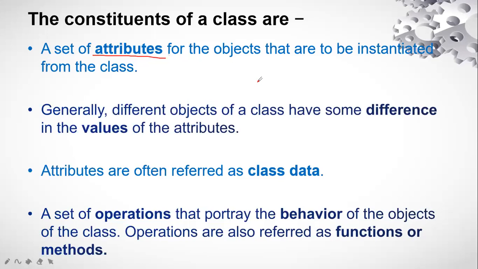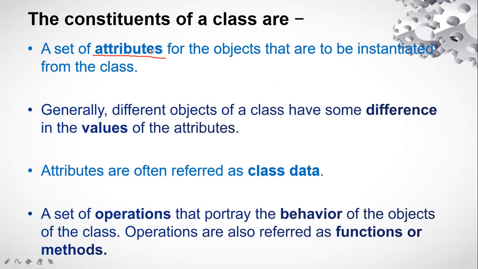So if I am talking about two fans, fan 1 and fan 2, then fan 1 and fan 2 are objects, and fan is a class because fan 1 and fan 2 have some common properties, attributes, and a common behavior. That is, it is revolving around and it is used to give air, right? The purpose and behavior of both are the same. So fan 1 and fan 2 are objects with the same properties. Therefore we defined them in one class, which is called fan.